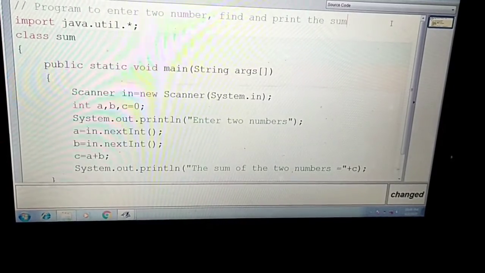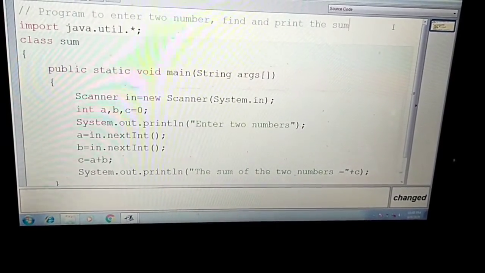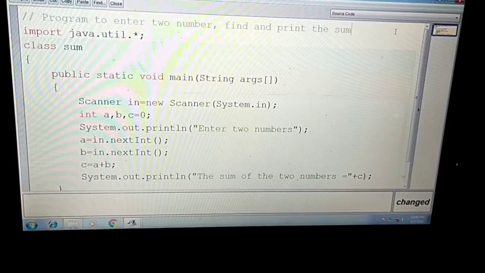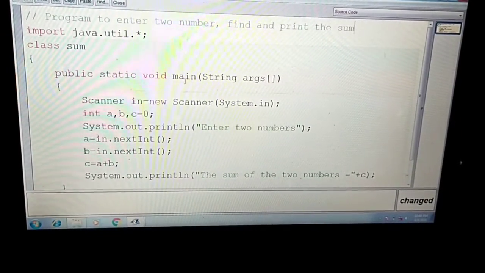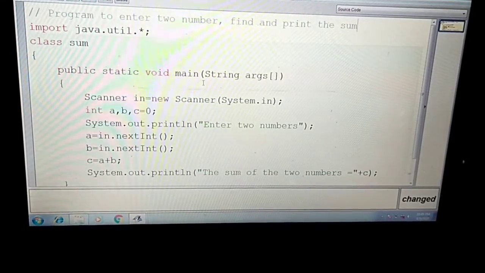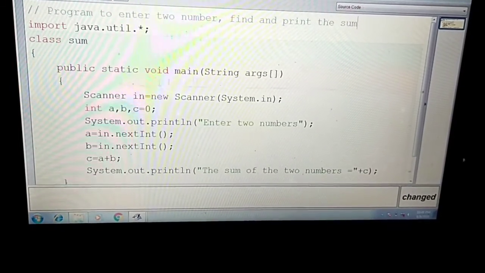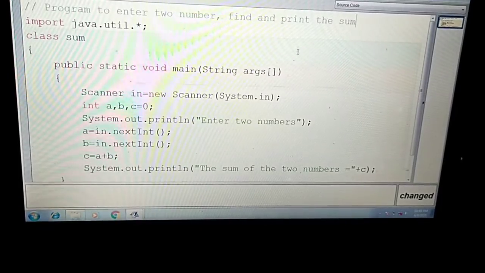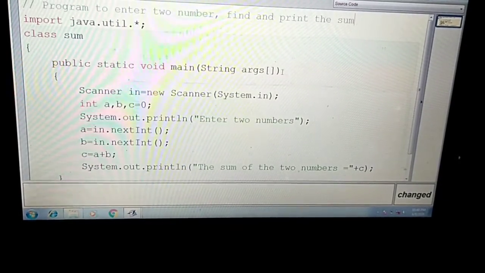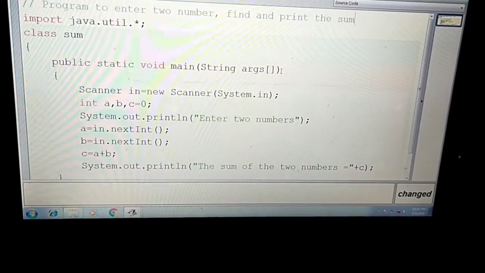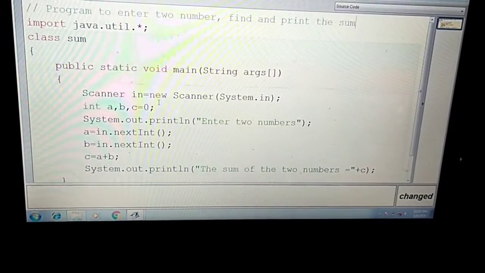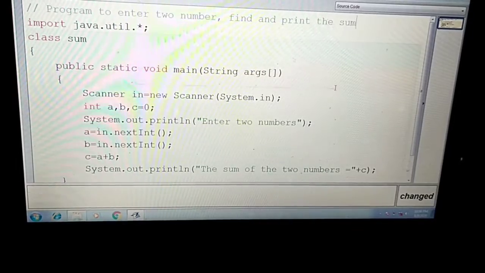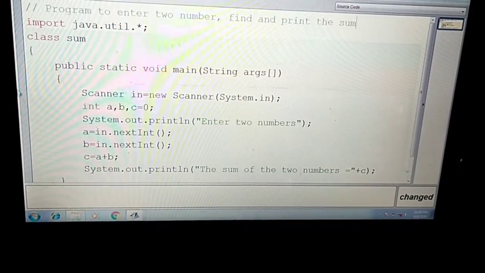I am just telling you why we need to learn this Scanner class. So class sum, public static void main, a little bit we are going to change our syntax. So public static void main String args. You are familiar with this line also, where you initialize the variable. Now next, Scanner in equal to new Scanner System.in.